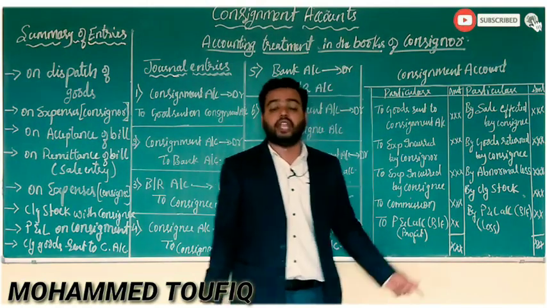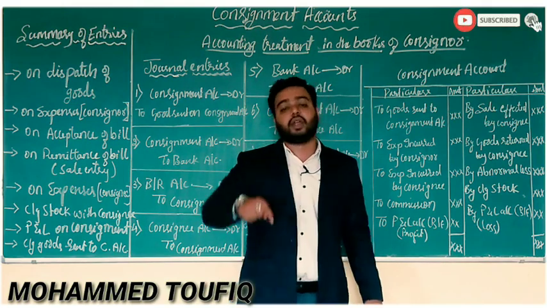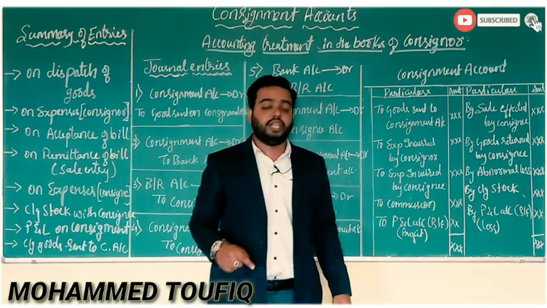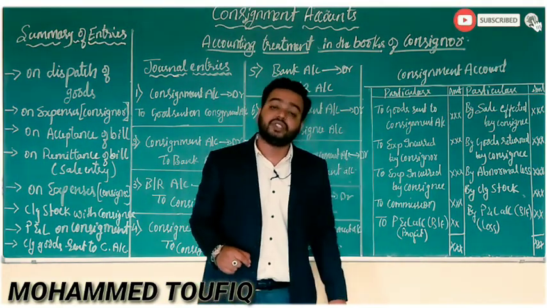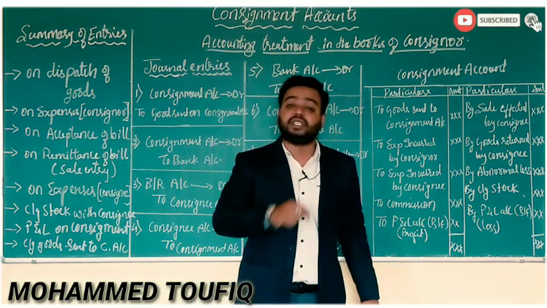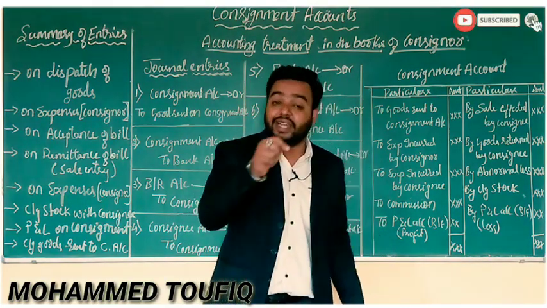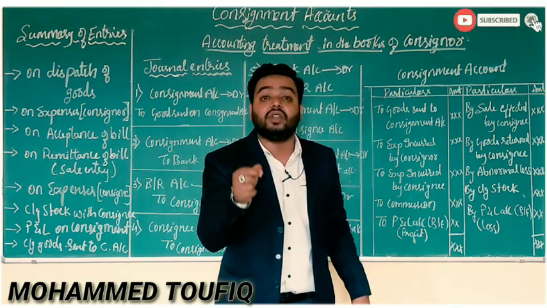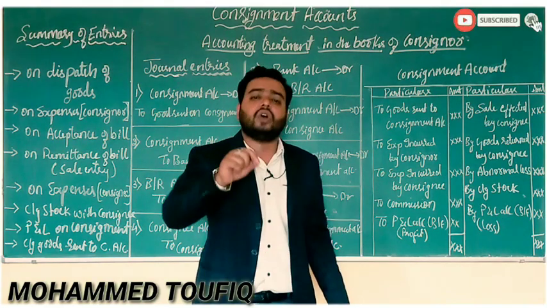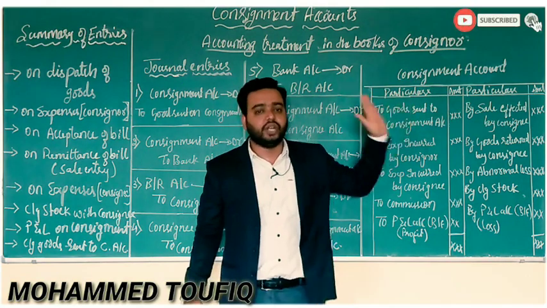You will find out the highest amount and make it the total amount. Then you find out a balancing figure. In the consignment account, if you get a balancing figure in the debit side, then it is considered as profit on consignment, which is transferred to profit and loss account. If you get a balancing figure in the credit side of consignment account, then this balancing figure is considered as loss on consignment, and this loss also is transferred to profit and loss account. This is the consignment account, the ledger account.